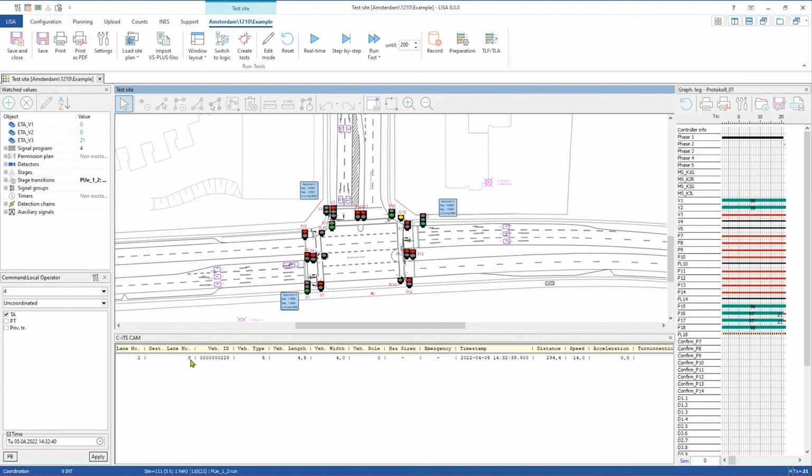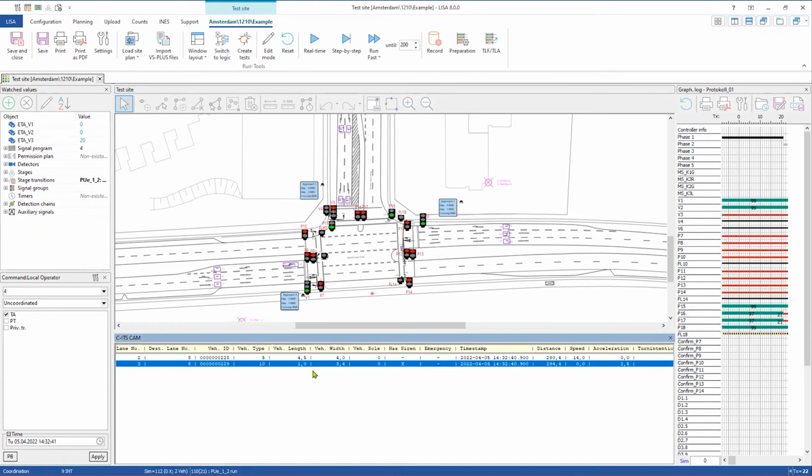But for traffic control based on CAM messages, this information you could not have. Then in the next column, you have the vehicle ID. It's like a license plate. You have the type of the car. So this is type 5. That means it's a normal car. I can also add an emergency car here. So you see that in the next line, you have emergency car. So this is a different type. You see also that this car has a siren. You have the length of the car, the width of the car, its time step, and now the